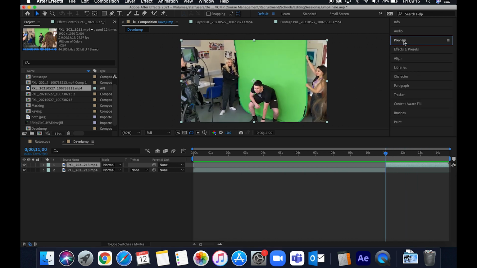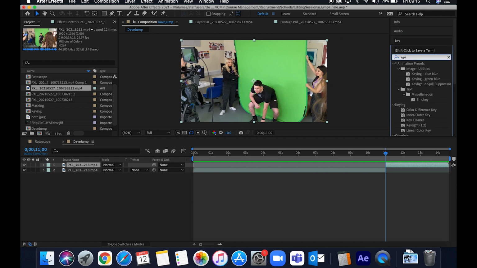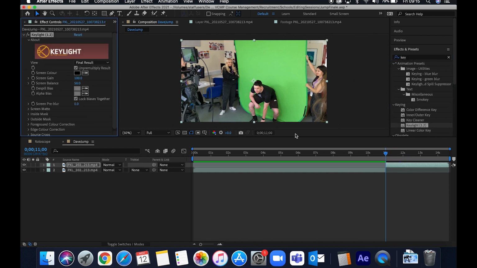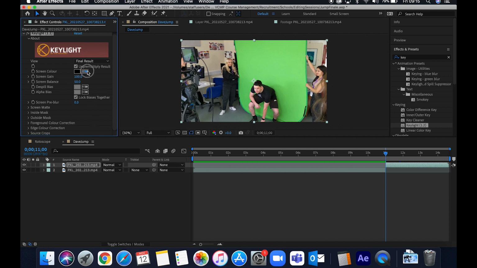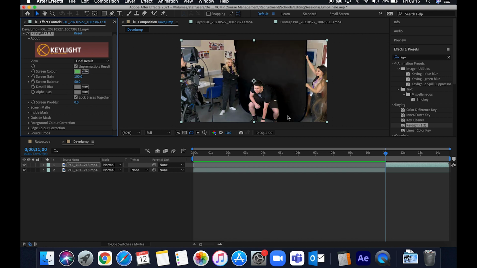So I'm going to go into my effects area on the right hand side, and I'm going to search for keying. I'm looking for an effect called Keylight 1.2. I'm going to drag that onto my clip. In the Effect Controls window on the top left, I can set the colour, and I'm looking for part of the darker colour of the green, and at that point it takes out the green straight away. You might be able to see that there's some grey shading depending on how good the quality of the video